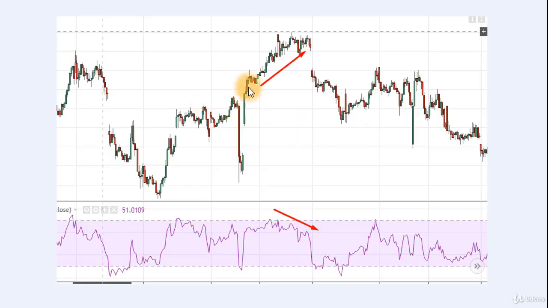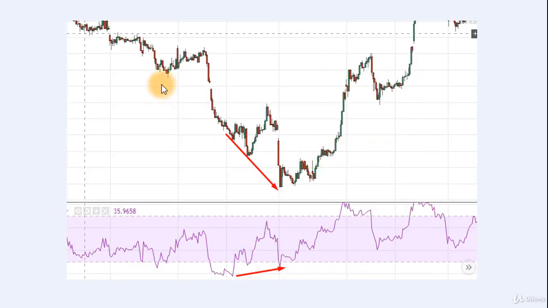In this chart, prices are rising, but from this point to this point, you can see this is the RSI, and from this point, prices are rising, but the RSI is going in a downward direction. So it is giving a negative divergence signal. Then you can see prices fall down from this point. So we get a signal here that prices will fall down and we can exit from our position here.